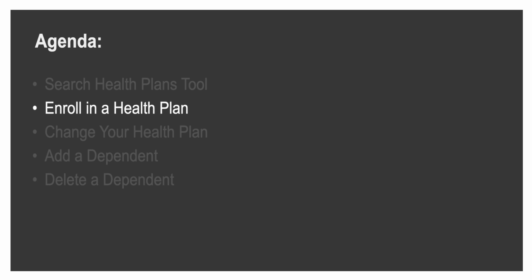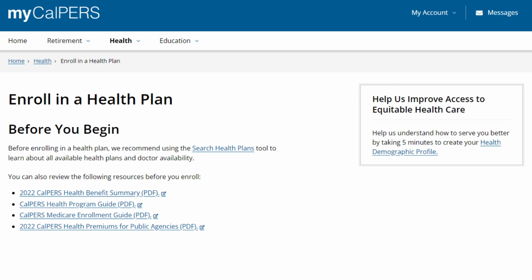Now we'll go over how to enroll in a health plan. Before you enroll in a health plan, there are some steps you should take which will make the process go more smoothly. In addition to the Search Health Plans tool we just reviewed, you may want to look at these resources: the CalPERS Health Benefits Summary, the CalPERS Health Program Guide, the CalPERS Medicare Enrollment Guide, and CalPERS Health Premiums